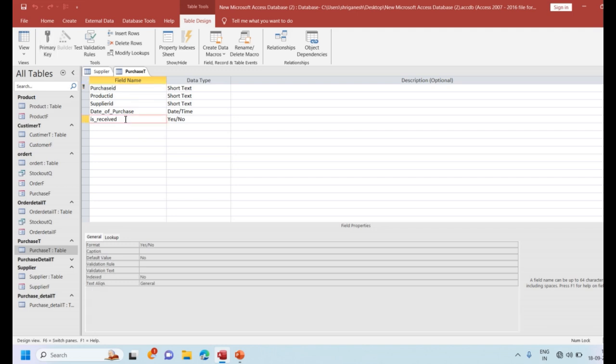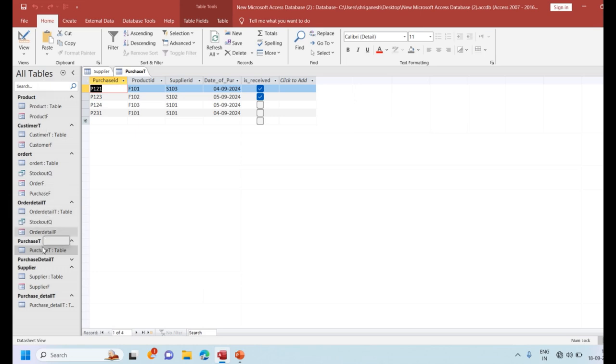I mention is received as yes or no. When my supply is received, I consider it yes, and if it is not received, I consider it no, and the purchase is considered only if is received is yes. So I created this table named purchase T, and I made some entries here.